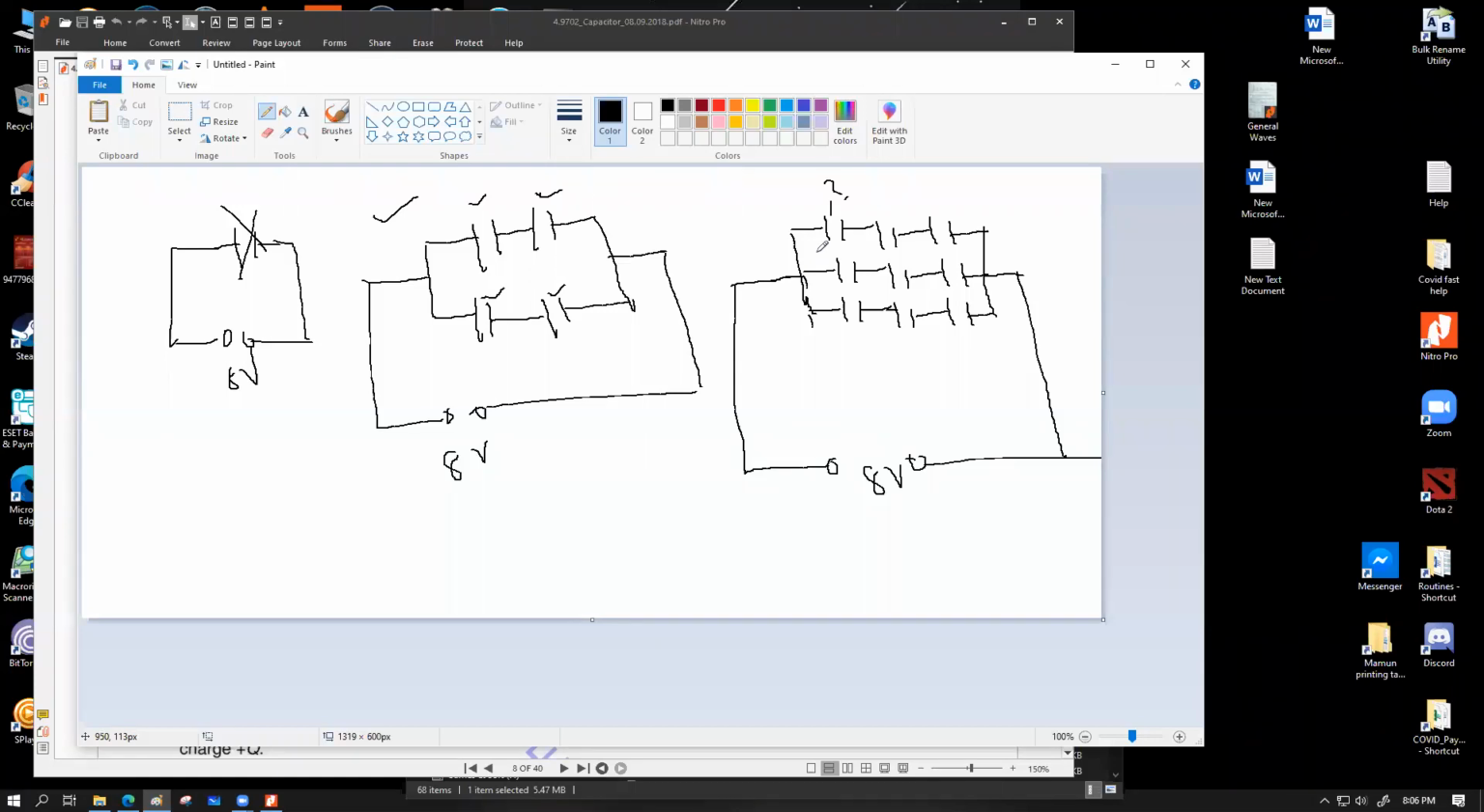2 volts. 8/3. 8/3 is the correct response. Whatever that number gives you, 8/3. Okay? So this is one of the ways we can achieve